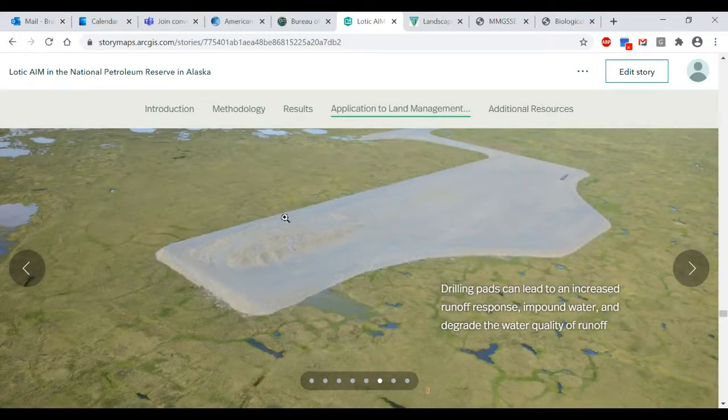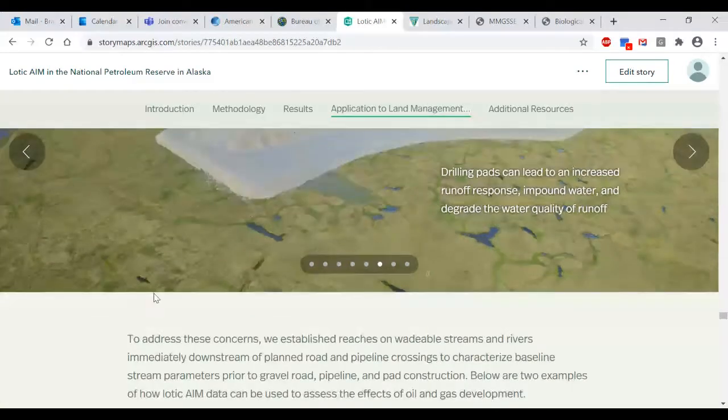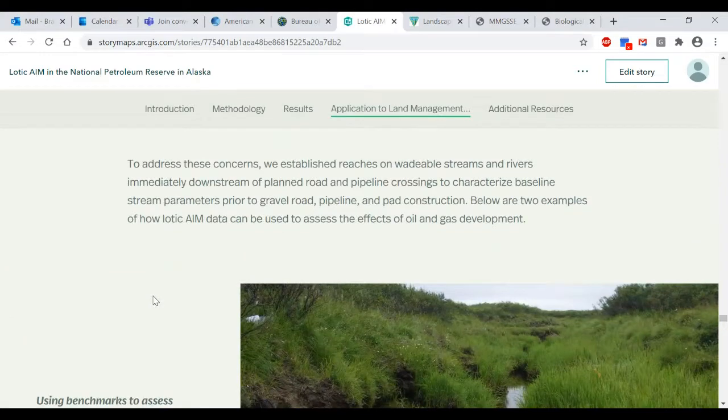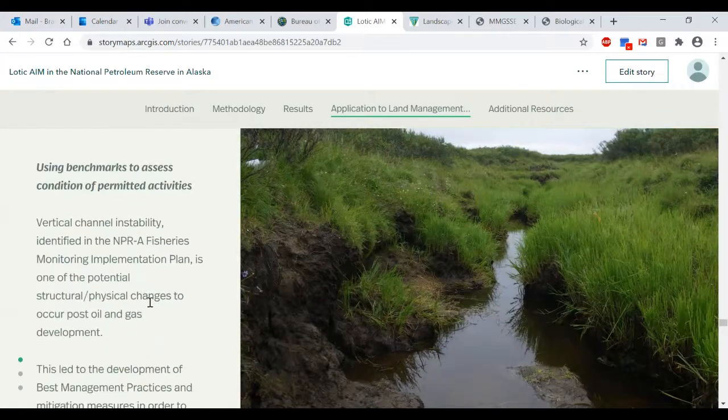And so it's just a great visual way to highlight, you know, exactly what you're dealing with on the landscape. And so, you know, kind of how do we monitor this? And then we dive in to kind of show what we're doing up there, and how we are going to monitor it. And it's all tied back to those conceptual models and the record of decision and those mitigation measures and management policies that were put into place to reduce the likelihood of UUD with each one of these infrastructures that is associated with oil and gas as a permitted activity up there.